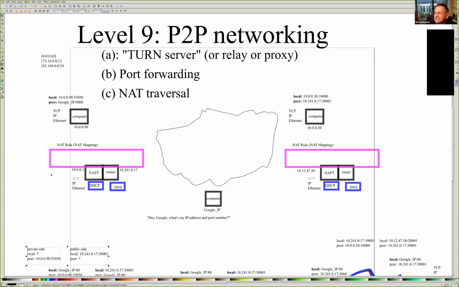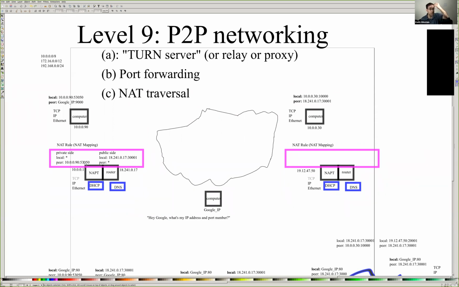So let's talk about what happens. So a NAT mapping would then be created automatically that could look something like this. It could look like this. This NAT mapping gets created when this computer opens a TCP connection to Google. And the NAT mapping says, okay, anytime that a segment comes in on port 30,001 of my public address,